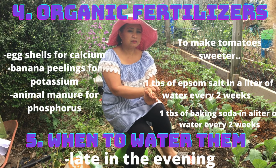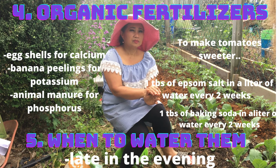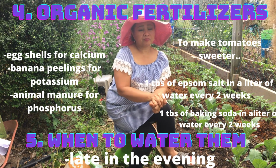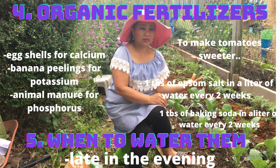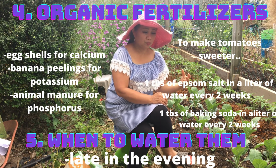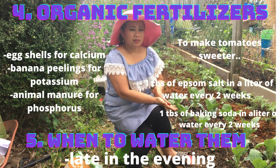Then I use banana peelings for potassium, and the animal manure for, not potassium, phosphorus. Yeah. So animal manure for phosphorus that would encourage the tomatoes to bloom more flowers, and of course more fruits. Then the next one is,